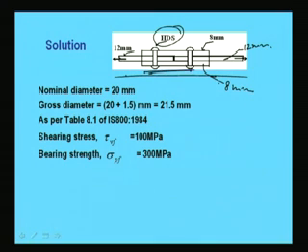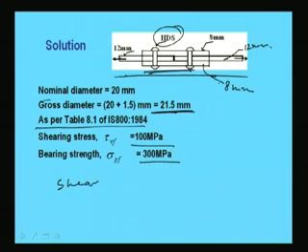So, accordingly we have found from the codal provision that the gross diameter is 21.5, and from table 8.1 we found shearing stress tau Vf as 100 MPa and bearing stress as 300 MPa. So, we can find out strength, that is